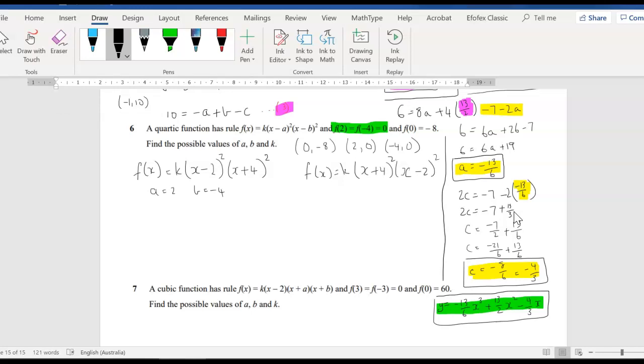Sorry. Now, you'll notice that because they're both squared, it's the same thing. So (x minus 2) squared times (x plus 4) squared is the same as (x plus 4) squared times (x minus 2) squared. Just means your values of A and B are just different, but your value of K will be the same. So we don't have to do both of them to find the value of K